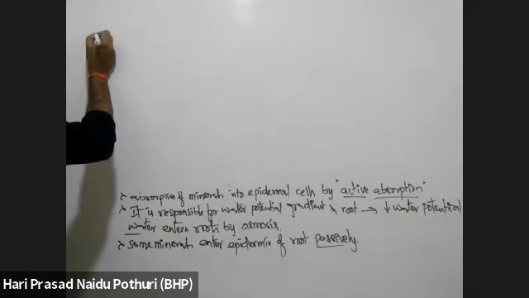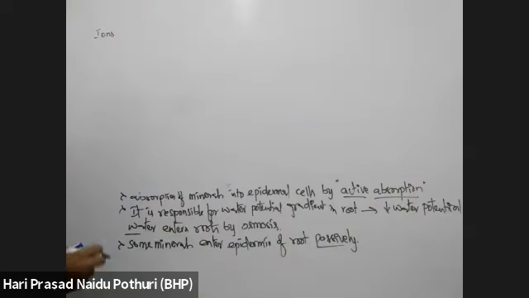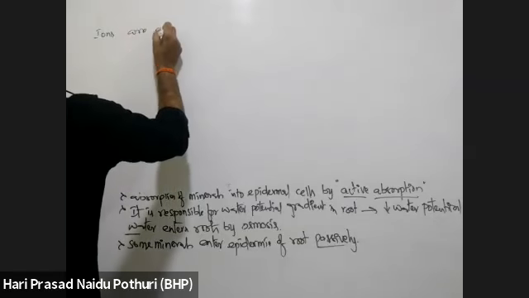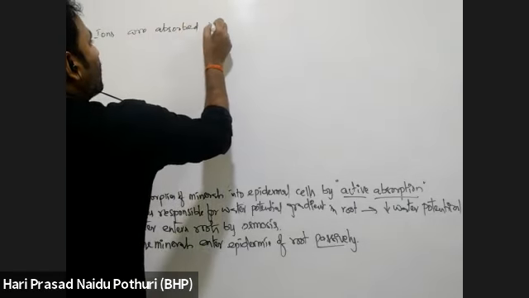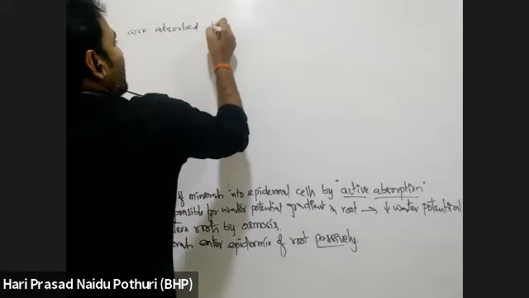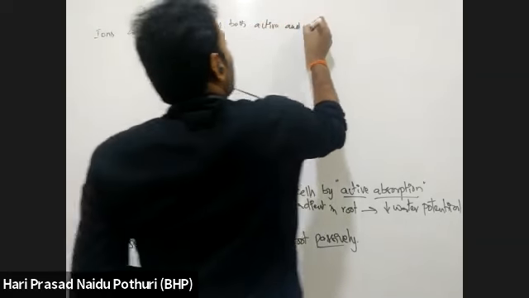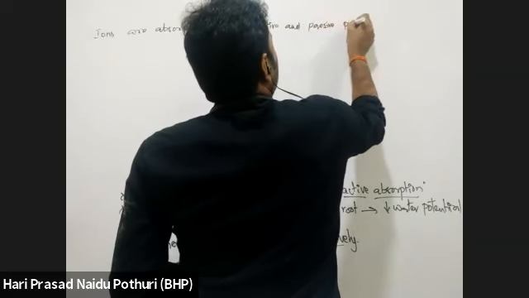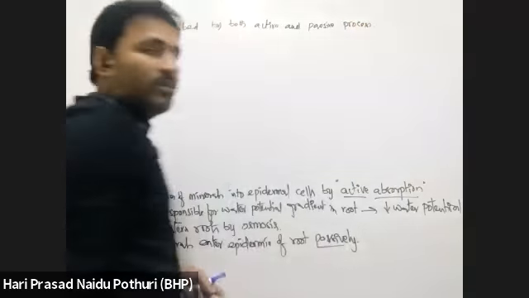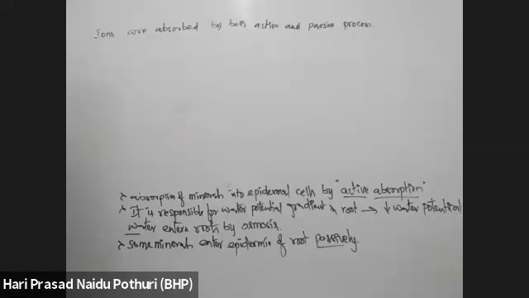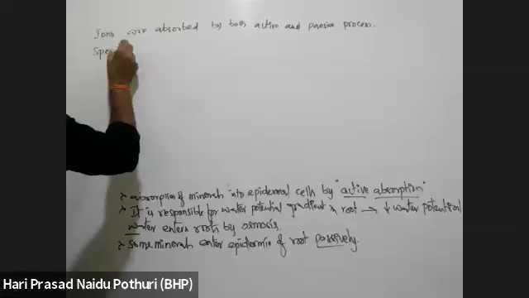So that's what we can say: ions, that means minerals, are absorbed in plants by both active and passive processes. That means both with the help of energy and without energy, there is absorption of ions. Okay, and some specific proteins